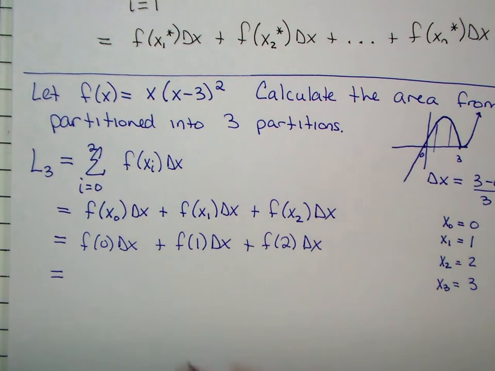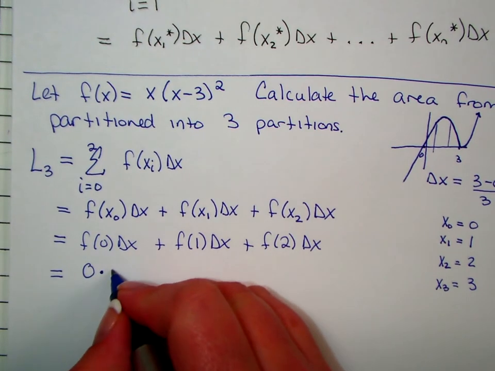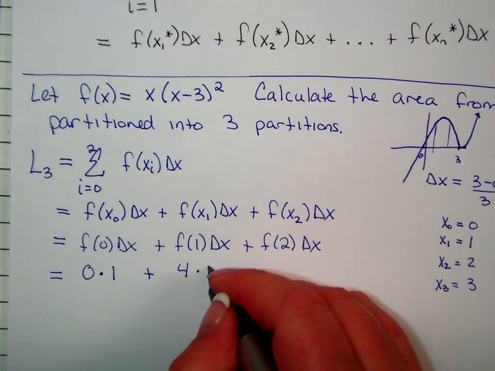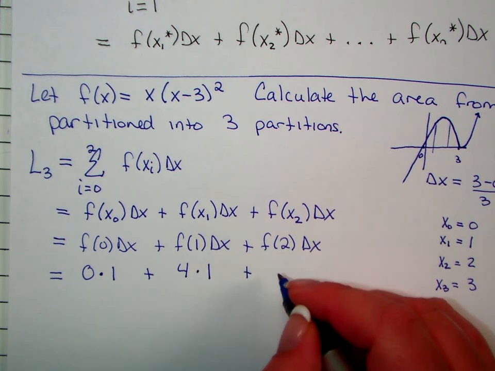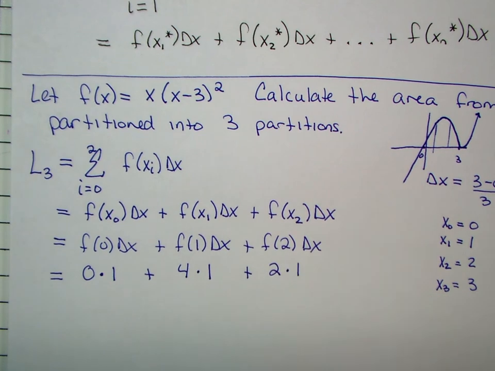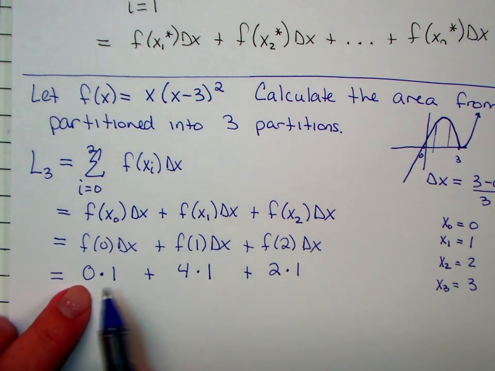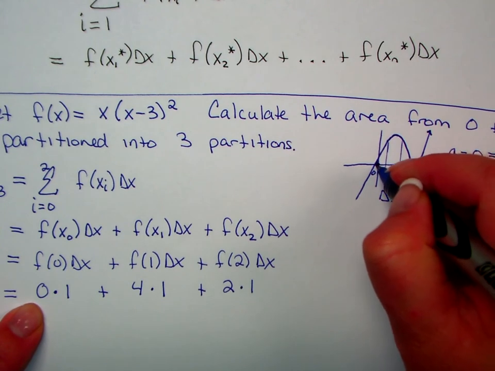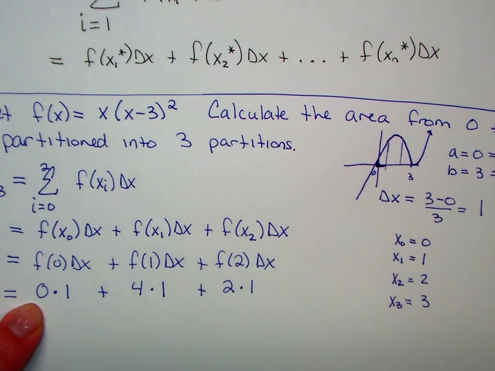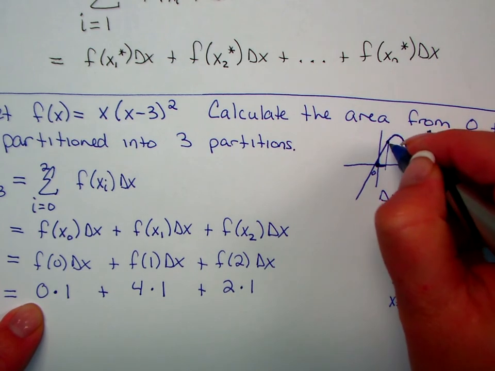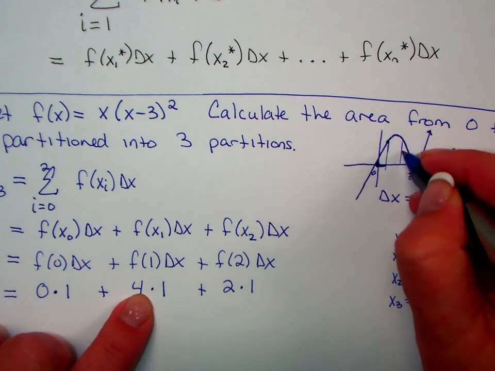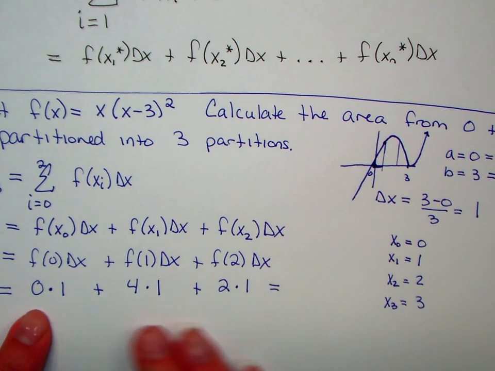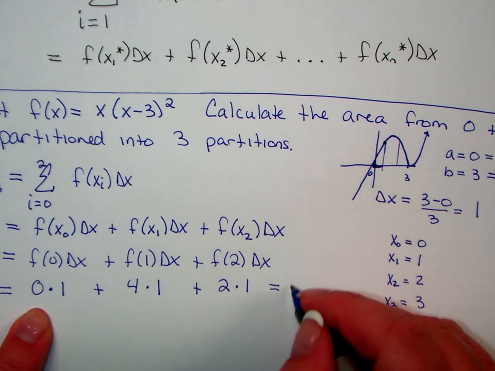So f of 0 is 0, I should have known that. Delta x is 1. f of 1 is 4. Delta x is 1. And f of 2 is 2. And delta x is 1. Right? So that left-hand rectangle has a height of 0, because on the left-hand side the function's at 0, so it has no height. And then on the left-hand side here, we were at 4. And then on this left-hand side, my graph is off, because it should have been down at 2. But if I were to estimate the area, I would get an estimate of 6